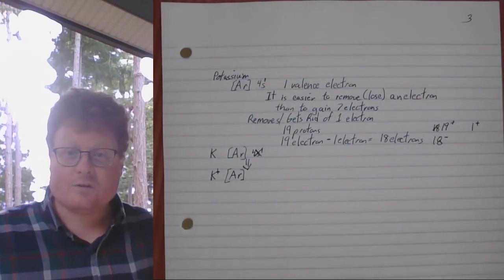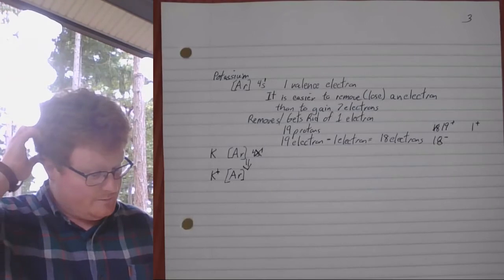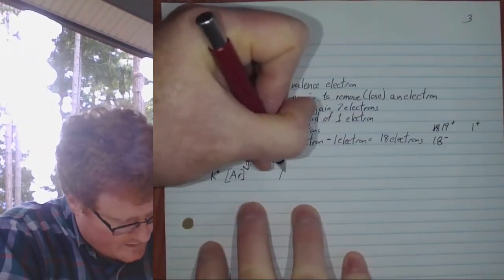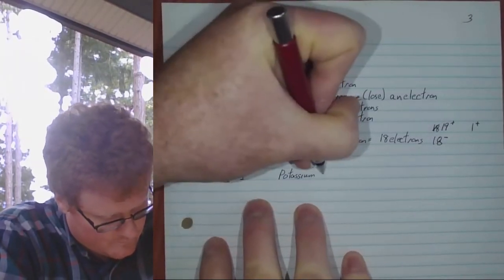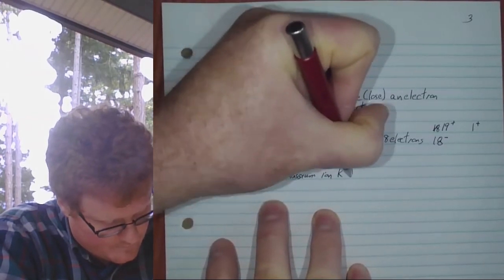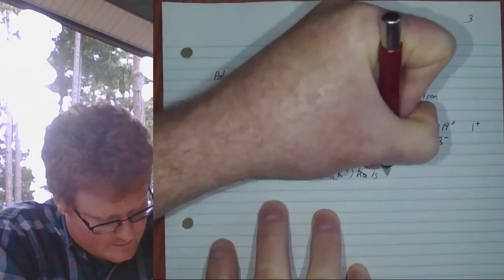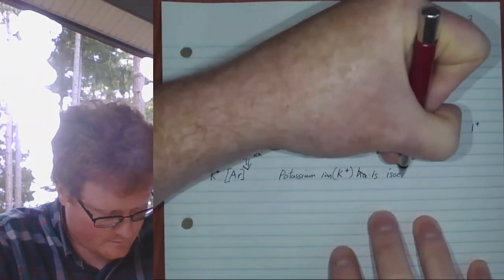It's got the electron configuration of a noble gas because of the removal of a single electron. Okay, awesome. A potassium ion, K plus, is isoelectronic